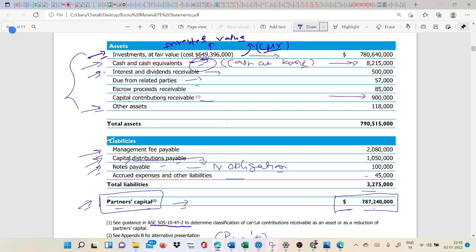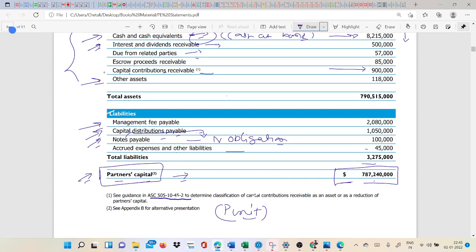So it means your assets will decrease. The same way, we'll have to write down or dilute the number of units from the partner's capital as well. So proportionately your partner's capital will also be reduced if you are reducing the assets. So there won't be any impact on the assets or on the liability side of the balance sheet. So eventually there won't be any impact on the net asset value.